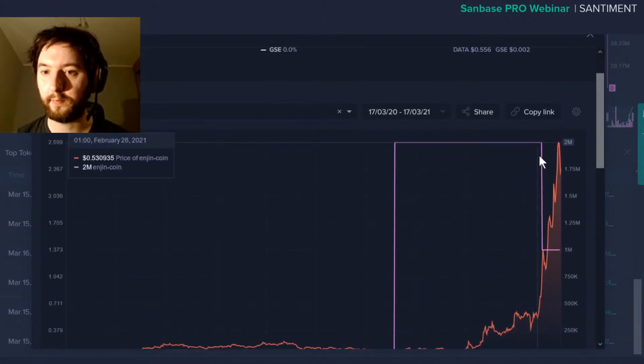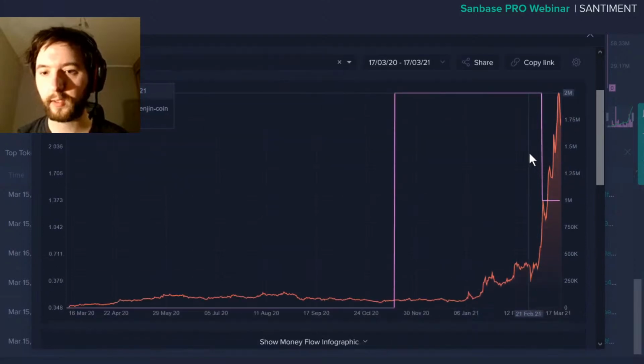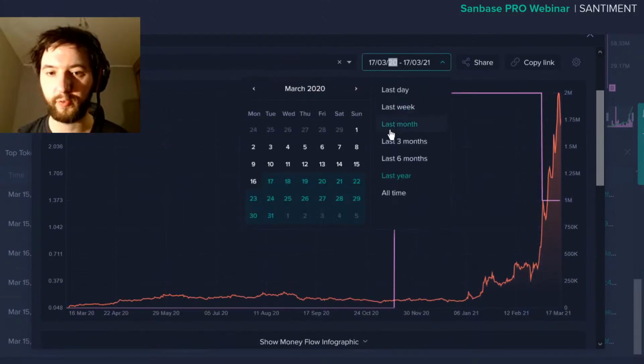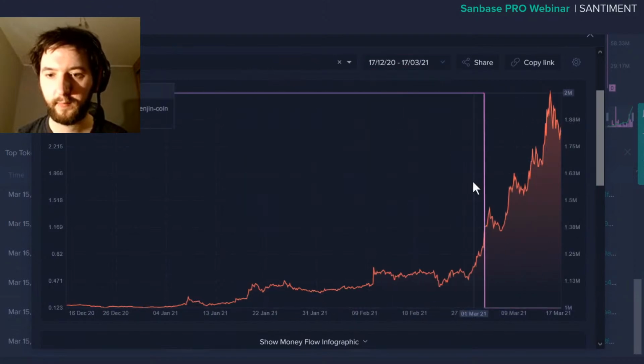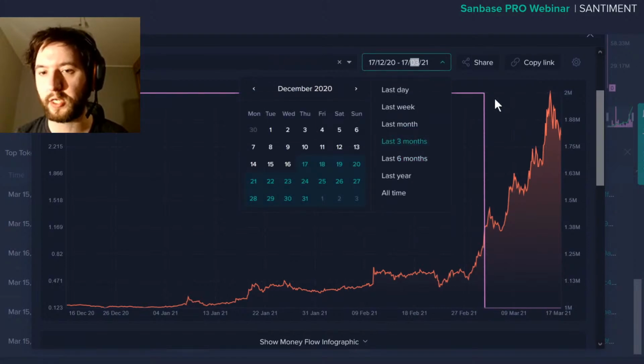And then it basically moved exactly 1 million of its total holdings to a deposit address on March 3rd. So if we zoom in here, it was right before this first period of price correction, indicating that indeed this was a potentially dangerous move, or one of the large holders of ENJ were moving their coins to exchange to take advantage